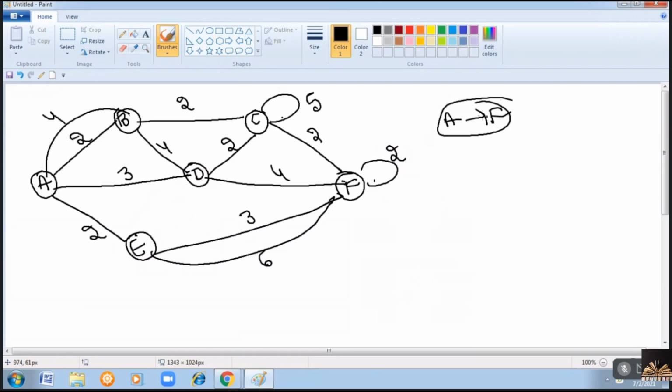In any row, if you get the minimum value for any two vertices, you can consider any one mark. Suppose in some fifth row, if you got the minimum value for two vertices like B and C, you can consider either B or C. You can mark any one as permanent.